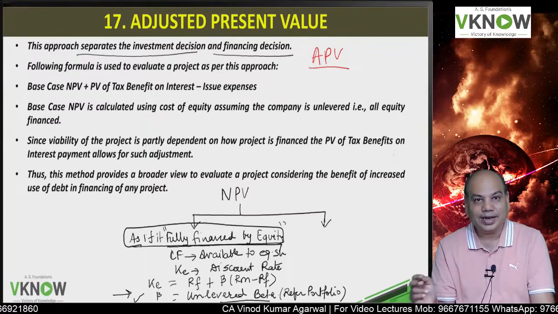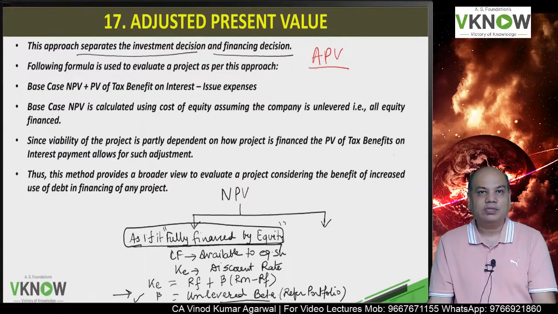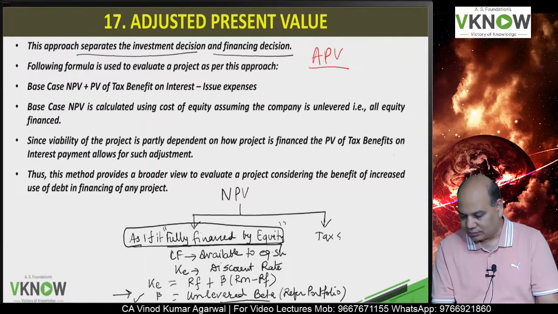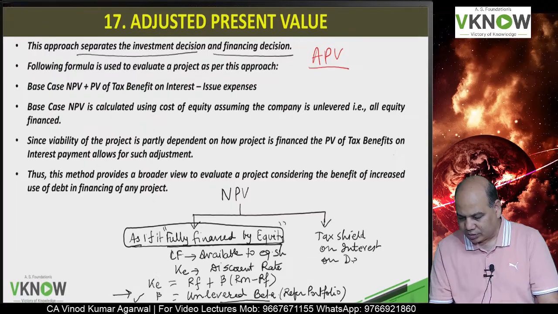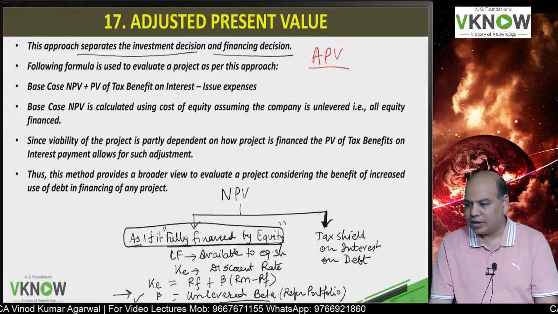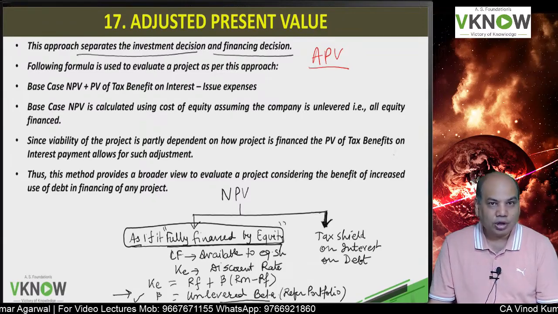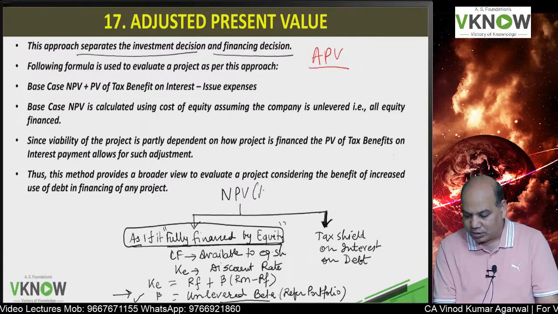But if you are using debt also, then debt has an advantage. What is the advantage of debt? You have tax shield on interest on debt. You will be paying interest on that, and on that interest, under the income tax law, you get the tax shield. So adjusted NPV will be